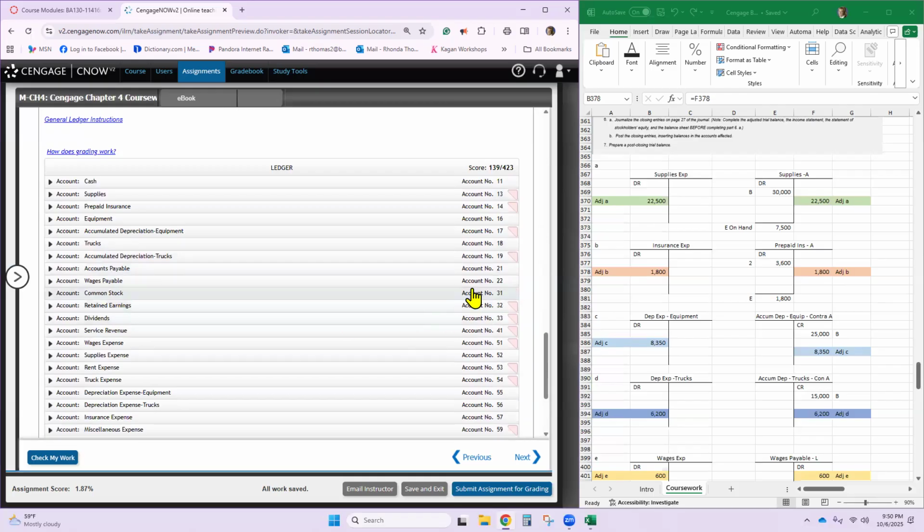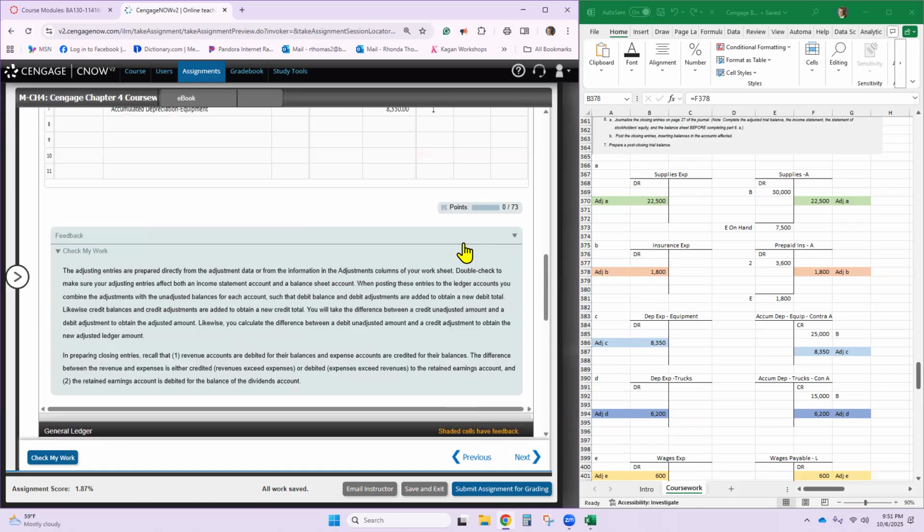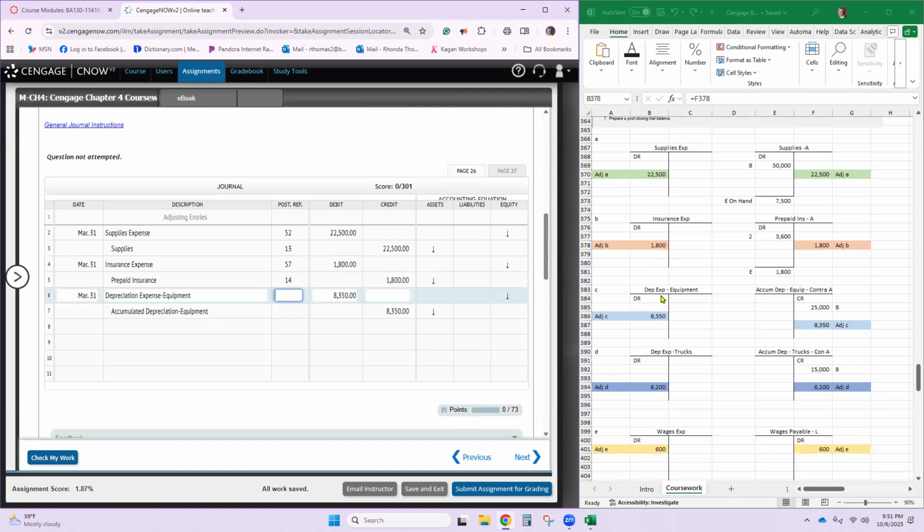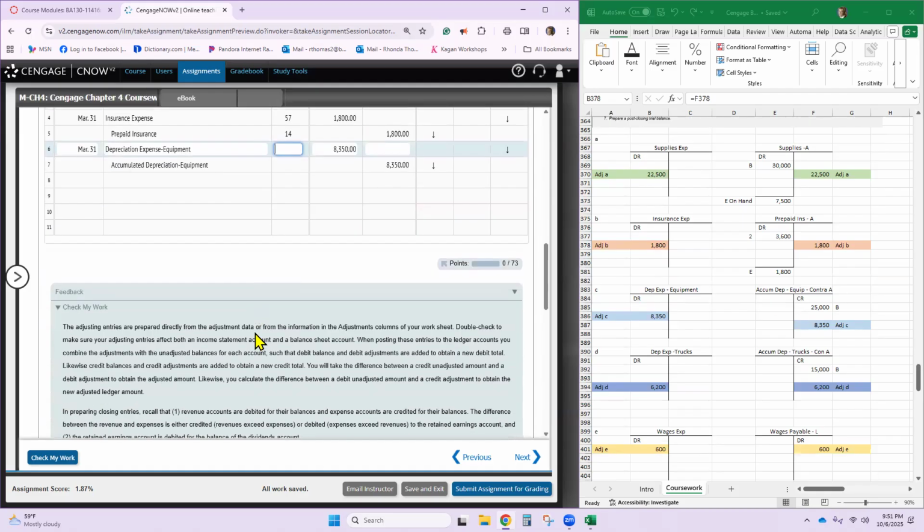Yep, that's good. Okay, so we want accumulated depreciation trucks 19 and 56. And in case we didn't get the other one, it's 55 and 17. So I think I gotta put that in. Okay, so we want depreciation equipment.